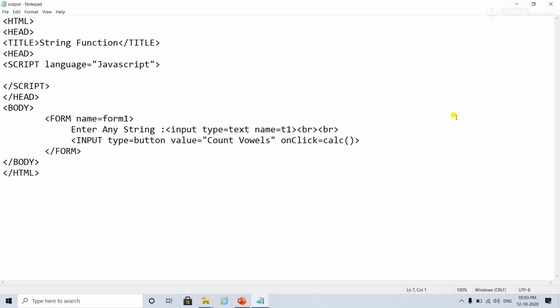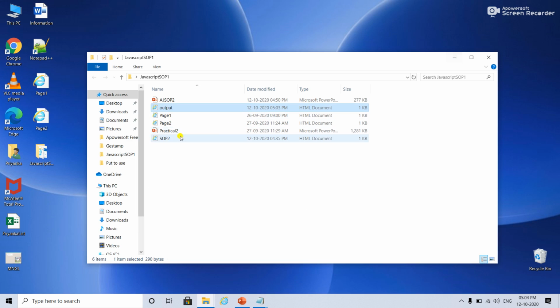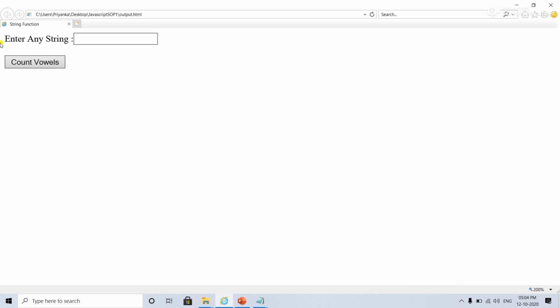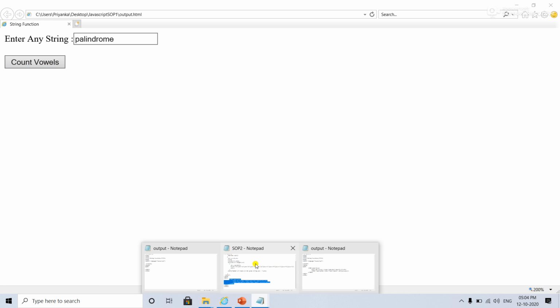So in the output what should we get? What we will be getting in the output? Let us see what we will get in the output. So what we have got? We have got the text box and we have got a button. So now if I am inputting something and if I say count vowels, it is not doing anything, right? Why is it not doing anything? Because